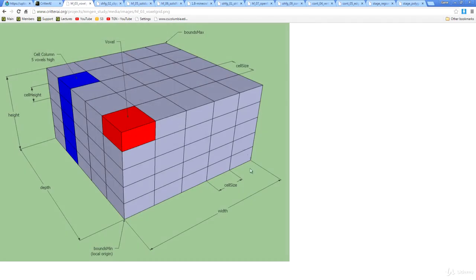Instead of the screen being divided up into a grid of pixels, the world is divided up into a grid of cubes. Each cube is called a voxel, and there could be millions of them. The name voxel, by the way, comes from the term volumetric pixel. The idea is that what we want to do is test each of our polygons against the